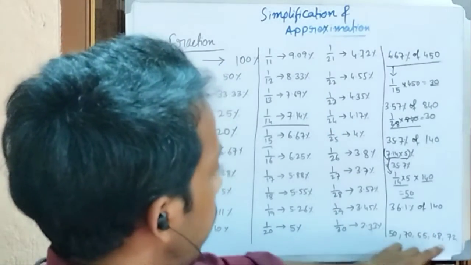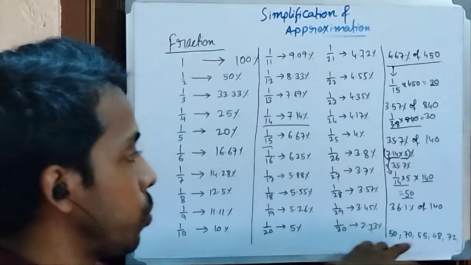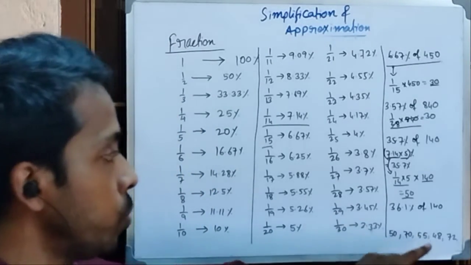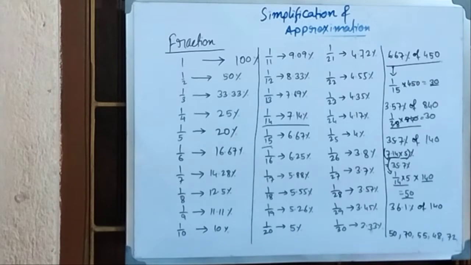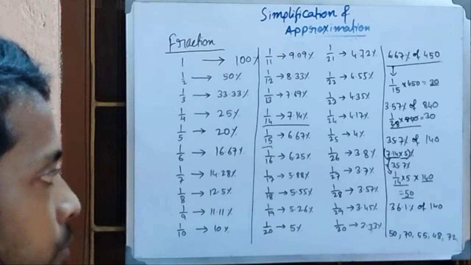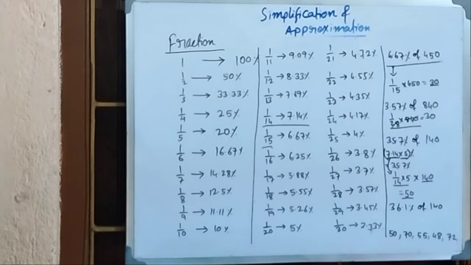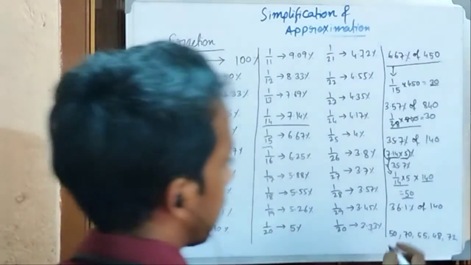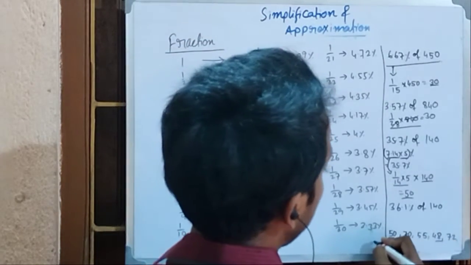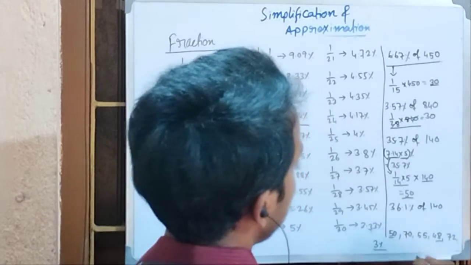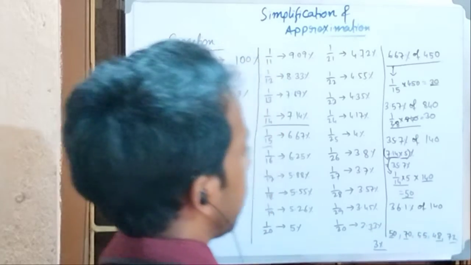Okay, now 48 and 50. Here also the difference is 2. So 2 is what percent of 48? 4.8 is 10%, so 2.4 is half of this, so 5%. So here it comes to 5%. So you should not ignore the 3% accuracy here, right? Because this is minimal here, 70 and 72.